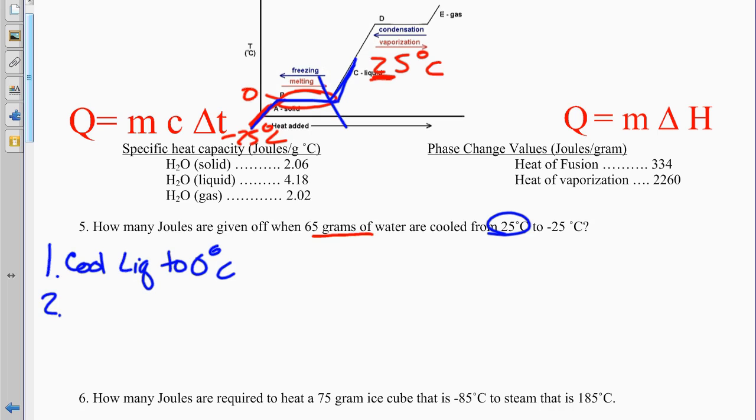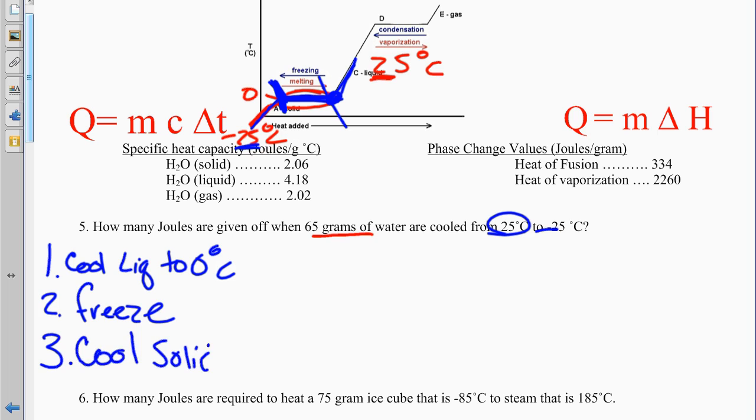Then number 2, so that got me down to here. I'm 0 here, but I'm still a liquid. So I need to go through the process of becoming a solid. So I need to freeze. Now I'm a solid at 0, but I am not solid at negative 25, which is what I want to be. So I need to cool my solid to negative 25 degrees Celsius. All right, so let's see if we can run these into 3 Qs. Q1,